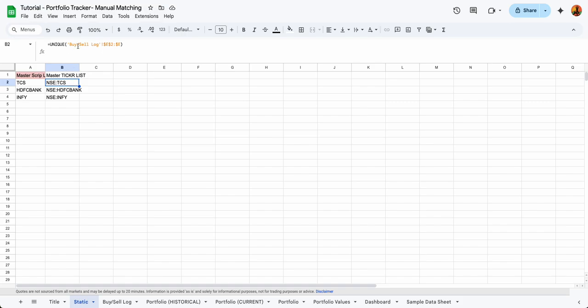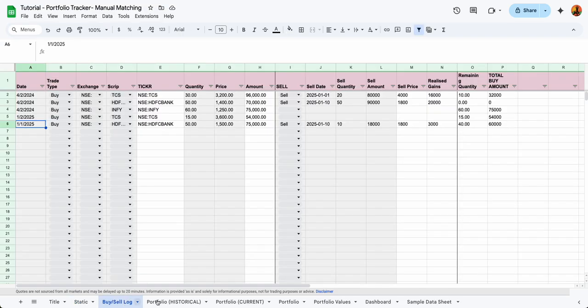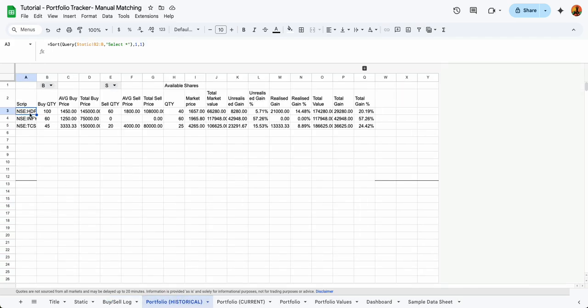So as you can see in here, this is the unique of all the scripts in the buy sell log in column E. That same thing is populated in here. And now for each of the scripts, what I do is I query the entire buy sell log range. You can see the formula in here. I will always have this open so you can pause the video and have a reference of this formula for your personal use. So what I've done in here is I have queried the entire range of the buy sell log A to P,